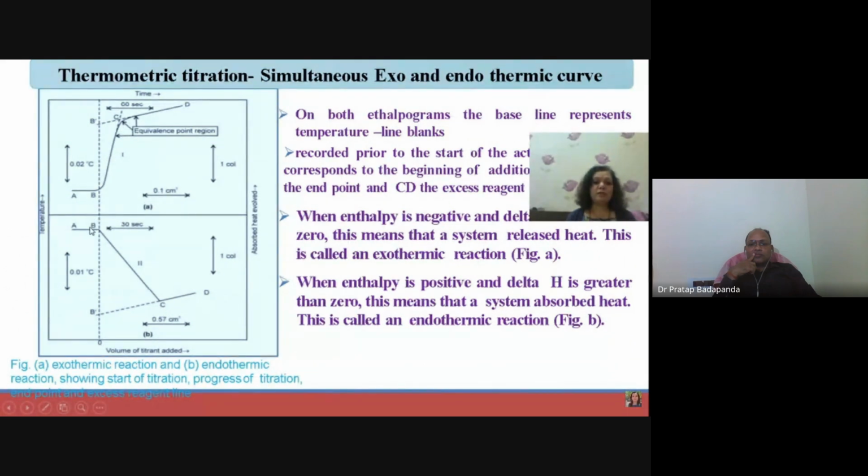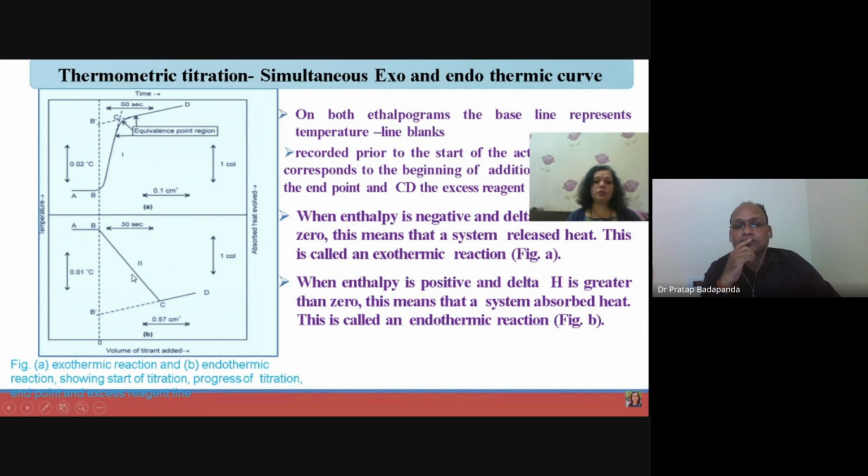When enthalpy is negative, delta H is less than 0, meaning the system is releasing heat. This is called an exothermic reaction, and when enthalpy is positive, delta H is greater than 0, the system shows an endothermic reaction. Plot A, the upper part, is for the exothermic and plot B is for the endothermic reaction,